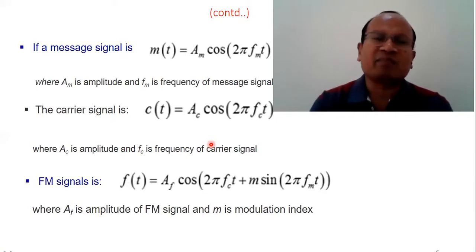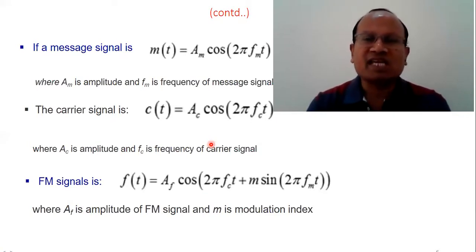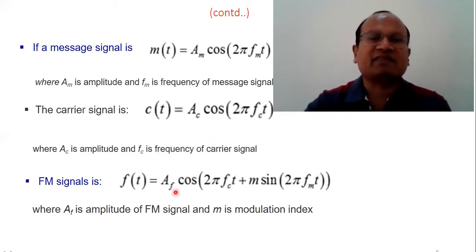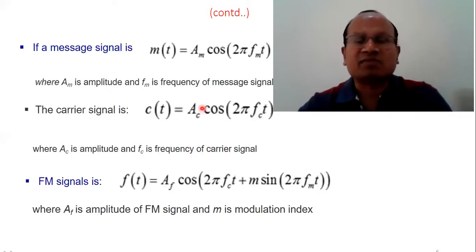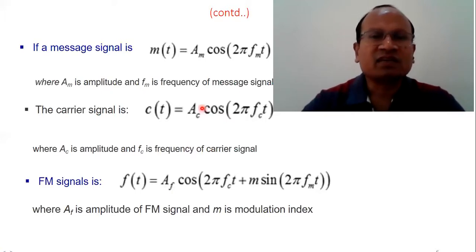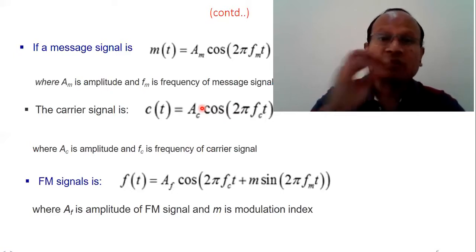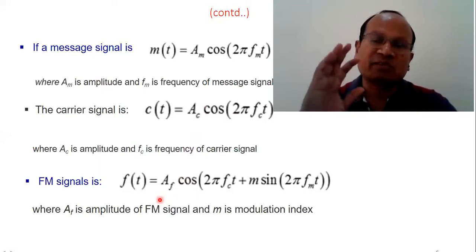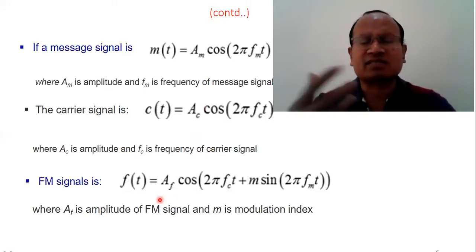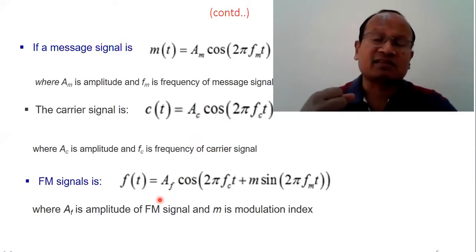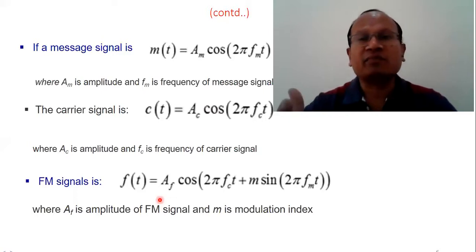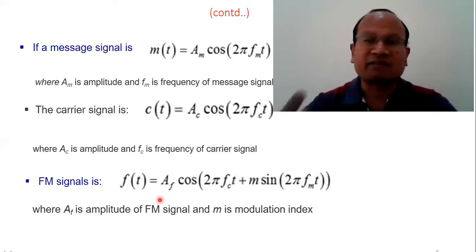We know that in FM, the amplitude of the carrier remains the same and only the frequency changes. So we can write this Af as Ac actually. But sometimes there may be some amplitude variation. In subsequent lectures, we'll discuss that factor. But almost ideally, it must be Ac only, because the amplitude of the carrier signal is not changing. But yes, if the signal strength is affected over the transmission channel, over the medium, then Af may be slightly different from Ac.